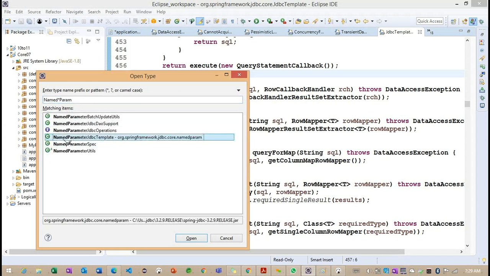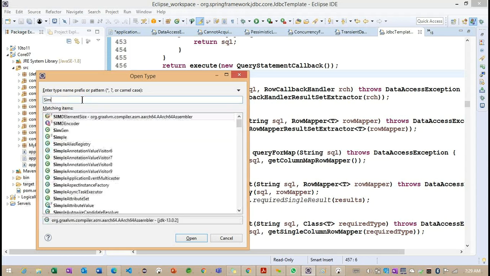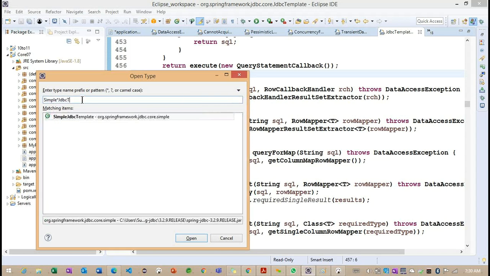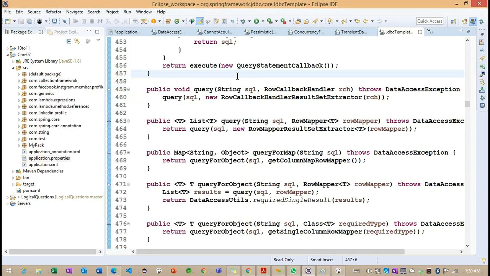This is another class. And the final one is simple JDBC template. We'll focus on the differences between these three classes. First we'll understand JDBC template, and later we'll move on to the other classes.